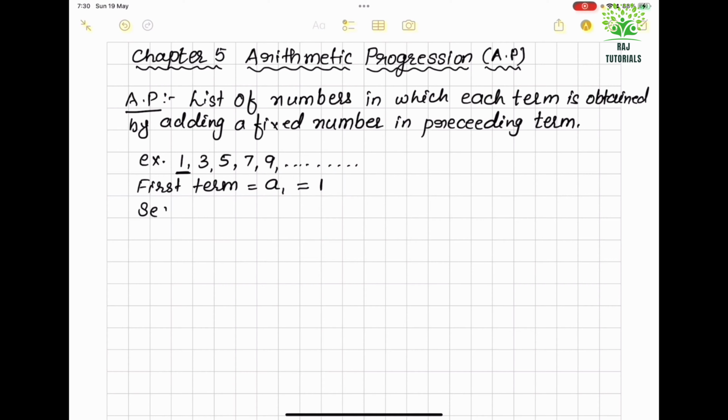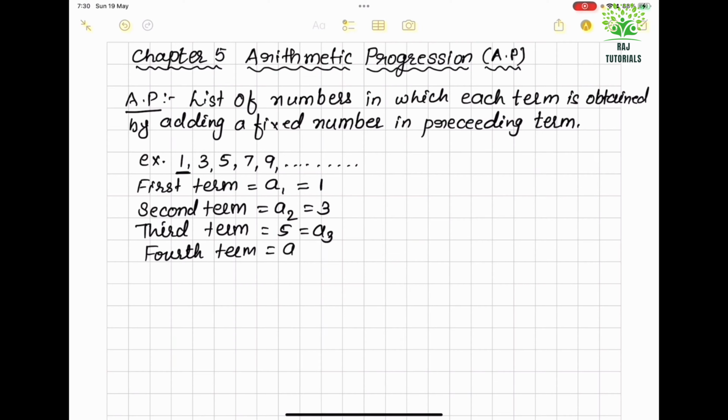Now the second term, that is A2, is 3. Third term is 5, that is A3. Fourth term A4 is 7, and fifth term A5 is 9. Now if you see carefully, if I add 2 to this number,